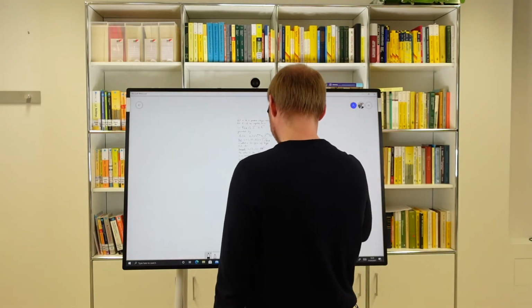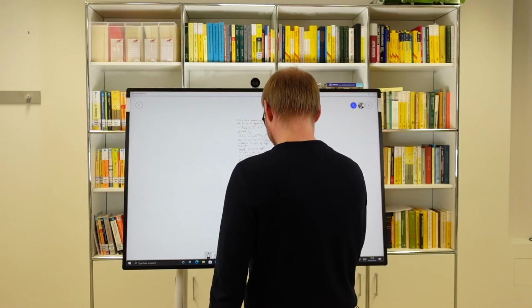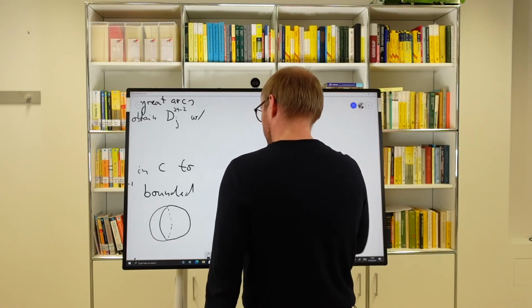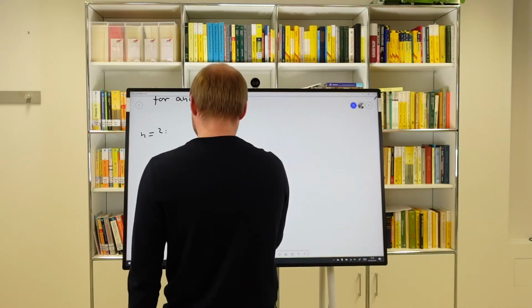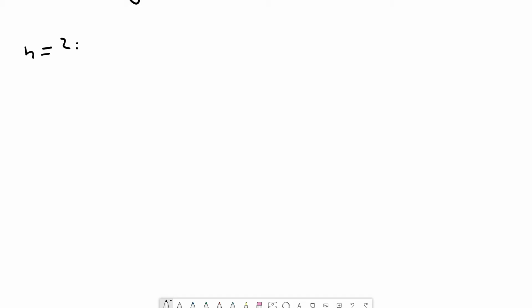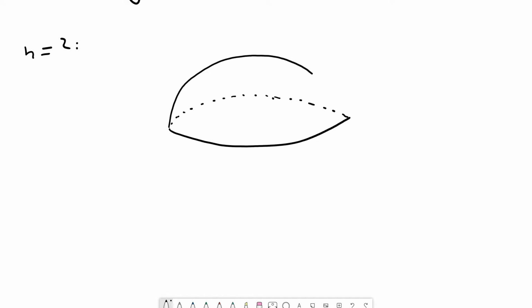equator, S^{2n-3}. Come on, yeah. Okay. So here is my 2n minus 3 sphere. On top, I've got my bent over disk D^{2n-2}_j. On the bottom, I've got my disk D^{2n-2}_{j+1}. And